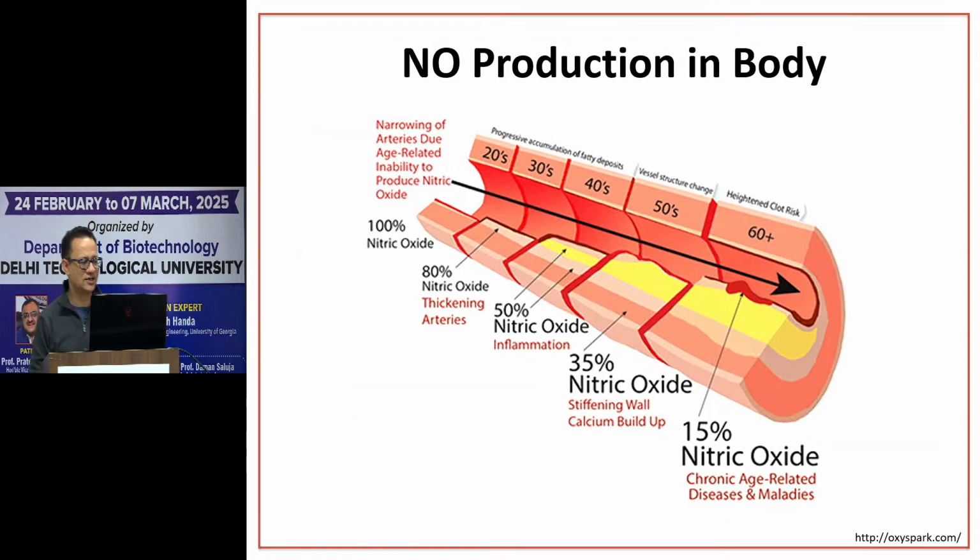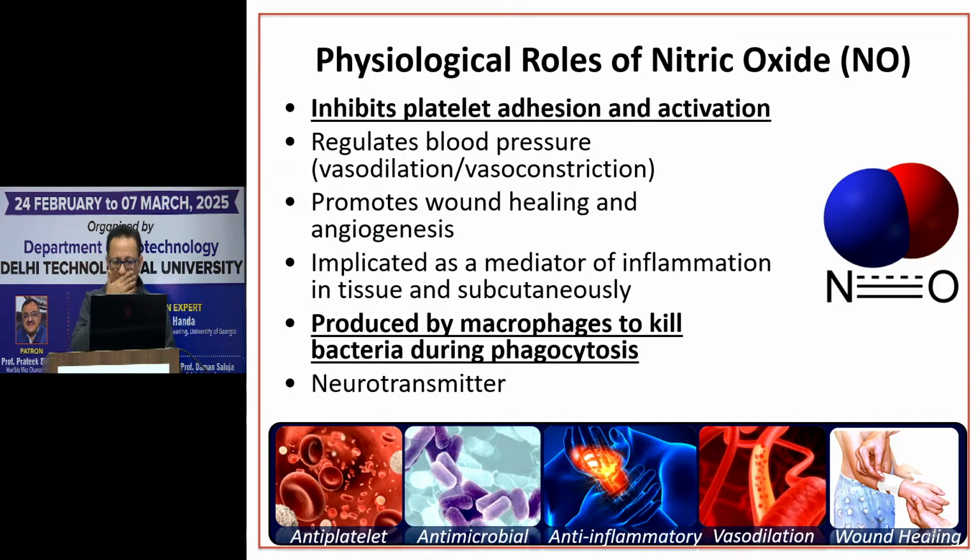This was just an interesting picture I saw online, that how our blood vessels release nitric oxide gas, and that helps our blood to properly circulate in the body. But as we grow older, the nitric oxide production keeps reducing, which can lead to thickening of arteries, inflammation, calcium buildup, and slowly as we grow older, the nitric oxide production is decreasing in our blood vessels, leading to more health and cardiovascular issues. Okay, so